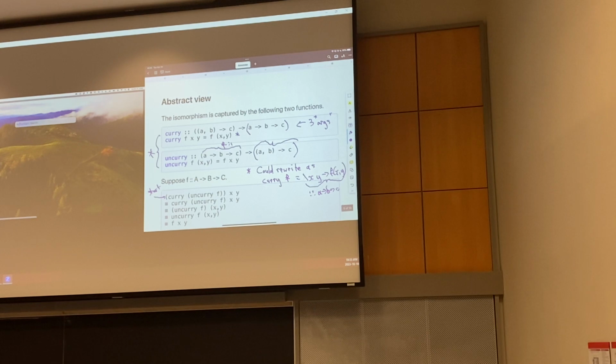So uncurry of f applied to x and y, what does that do? Well, first of all, one thing that we haven't mentioned yet, corresponding to this idea of there being an implicit grouping for types, a arrow b arrow c is a arrow, parenthesis b arrow c, the same thing applies to